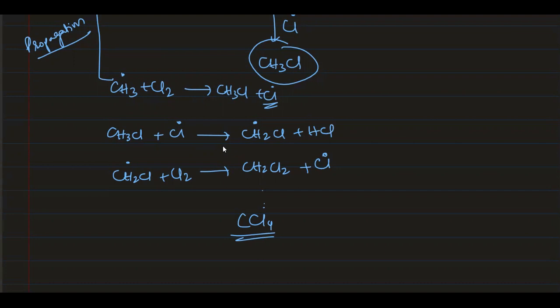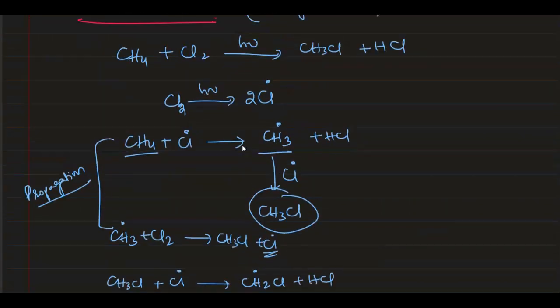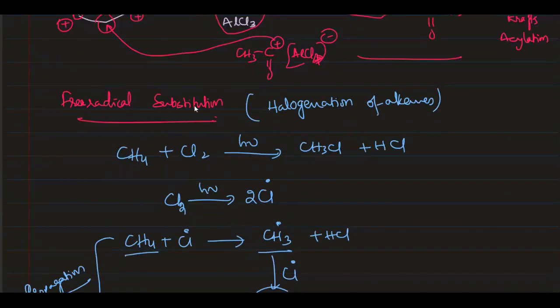And all these products which are obtained in this reaction, for example, you will get CH3Cl, chloromethane, CH2Cl2, then you get CHCl3 which is chloroform, then last CCl4. All these are separated using distillation, or you can say fractional distillation, because they have different boiling points, so you can separate them. But still, this reaction is not considered to be a very good reaction. But the point of discussion here for us was free radical substitution, and we have discussed it.